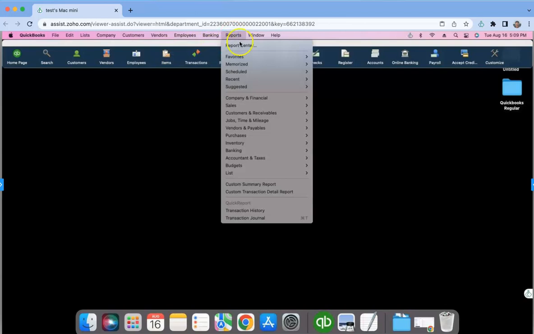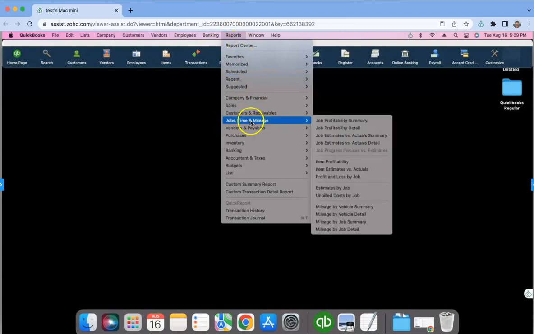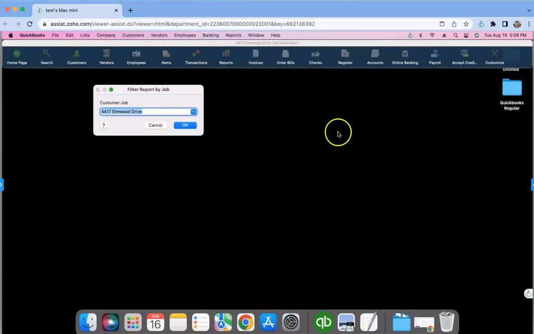Then what you're going to see here is over in job and time and mileage, you're going to go to your detailed report. So job estimate, which we're going over today. How do you put an estimate in a computer versus your actual? What you're going to see right now,